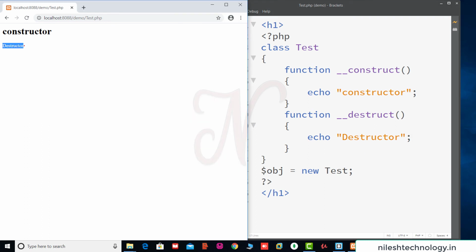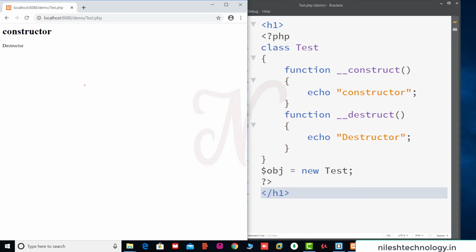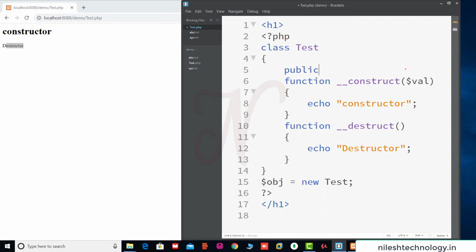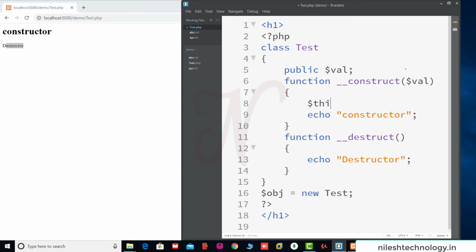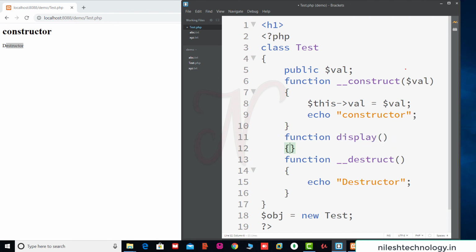So see here, this is not in bold because after finishing this program, that means after this closing tag, the destructor is called, so that's why this is not in a header one tag. Okay, then see one example of a parameterized constructor. For example, this is one value, and here we define one value by using public. Okay, and assign this value by using $this val equal to $val, and we print this value by using the display function. So see here, echo